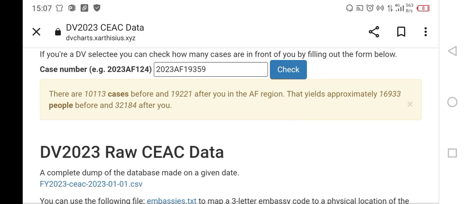So you can see for case number 19,359 from the region Africa, DV 2023, there are 10,113 cases before and 19,221 after you in the AF region. So you can see out of the 19,359, you could have imagined there are 19,358 cases before you, but that's not true. You can see there are only 10,113 cases before you, and after you, there are